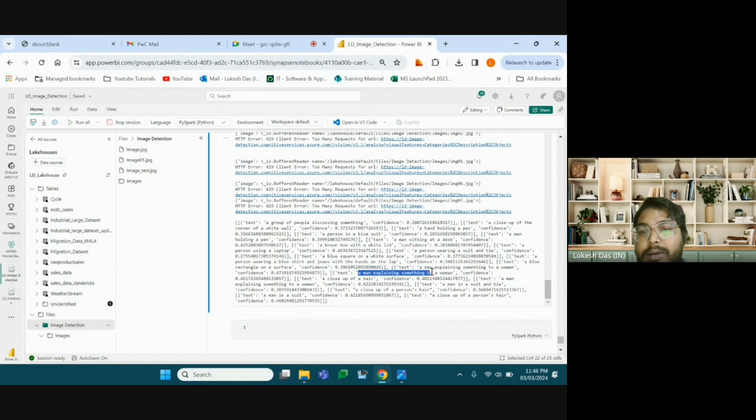Here you can see a man explaining something to a woman, and that is right, that you can see from that image. And here you can see there is a text, a man in a suit and tie. So these are the details that the model can extract from an image that you are giving. So there can be multiple business cases,